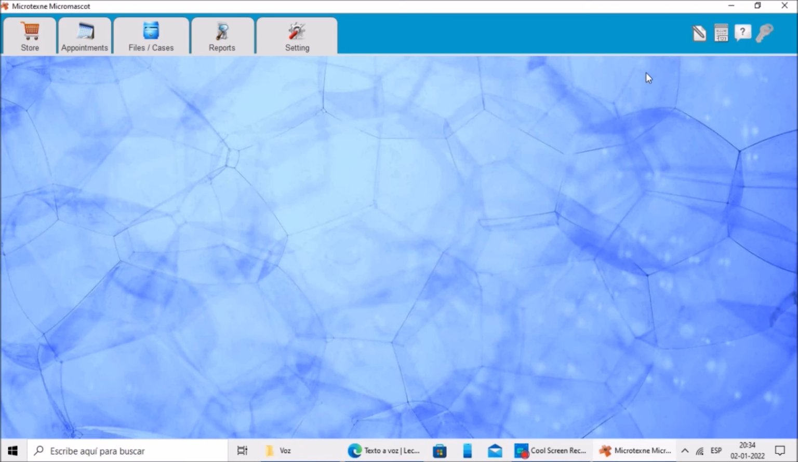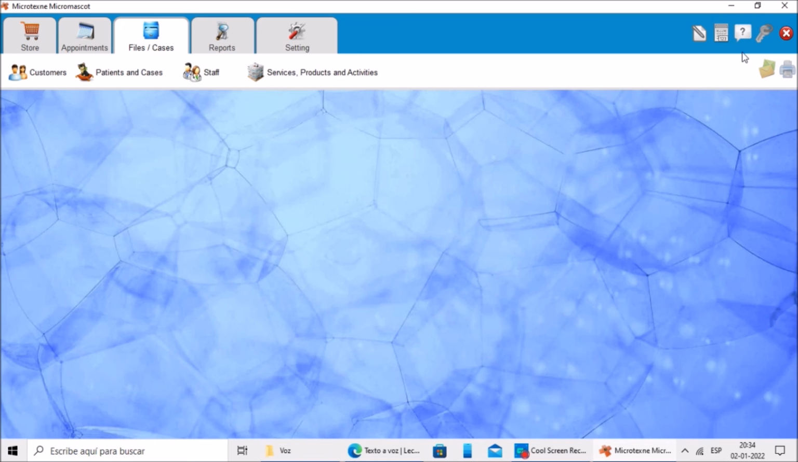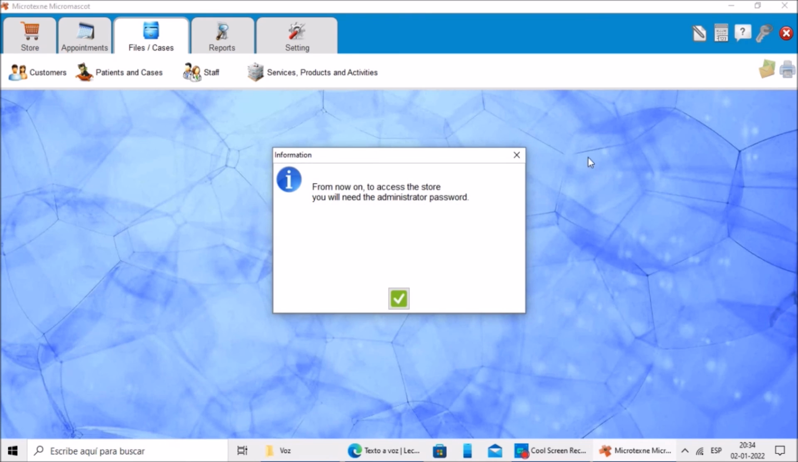If you want to protect access to certain areas of the program, use this button. Suppose you want to protect the patient in case area. Enter the area first, and then protect it using this button. It is important to note that for this function to work properly, it is necessary to create the administrator password